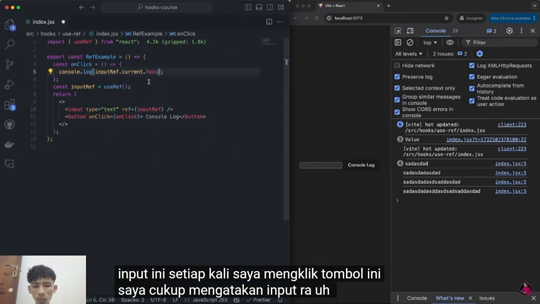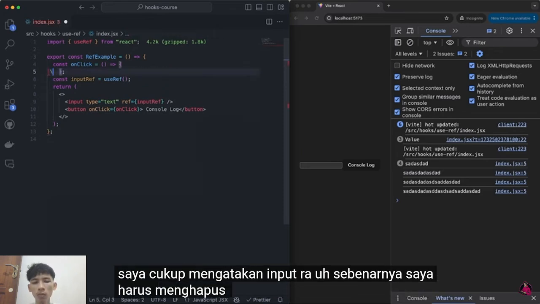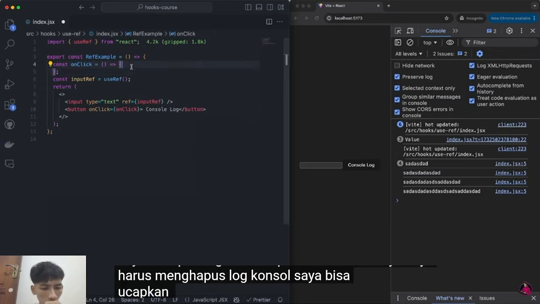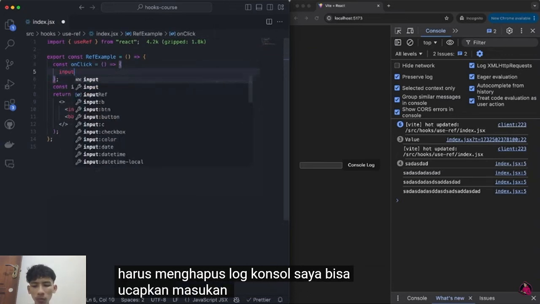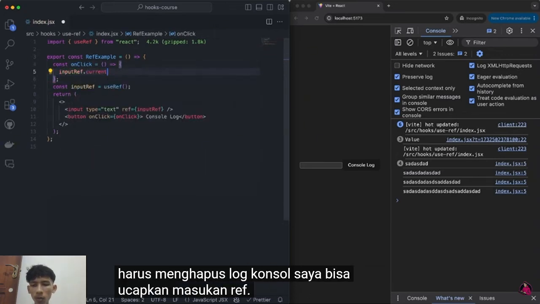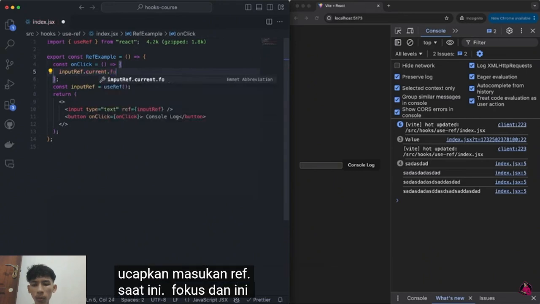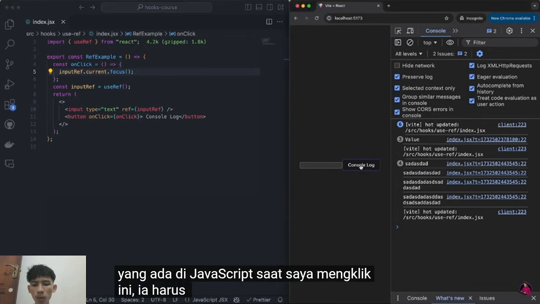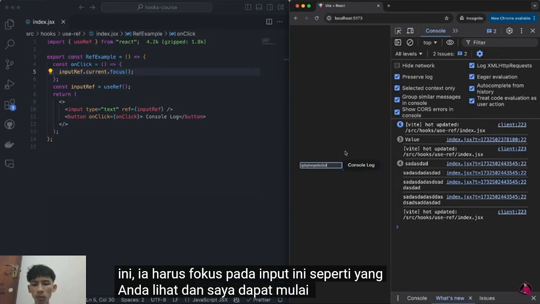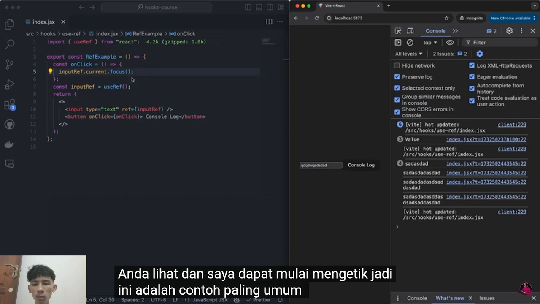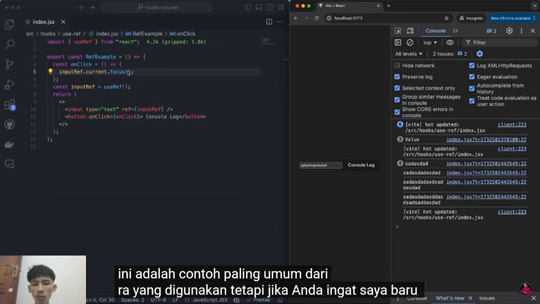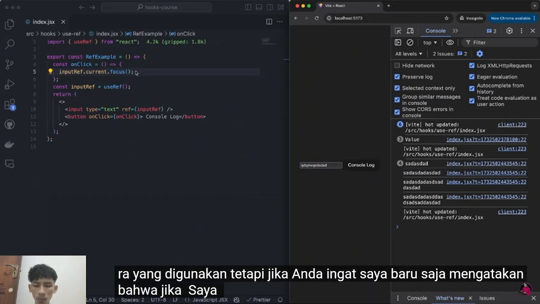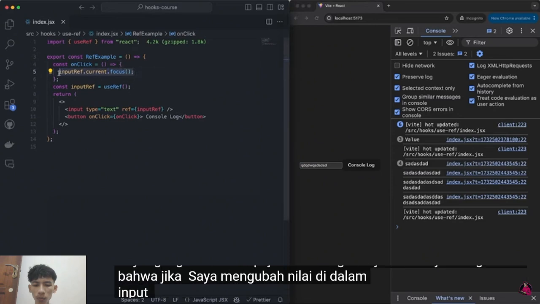input ref, actually I will have to delete the console log. I can just say inputRef.current.focus, and this is a function that exists in JavaScript. When I click on this, it should focus on this input, as you can see, and I can start typing. So this is the most common example of a useRef. But if you remember, I just said that if I change a value inside of this input ref, it won't